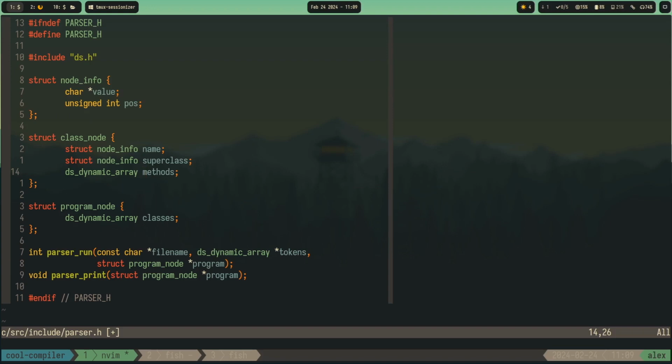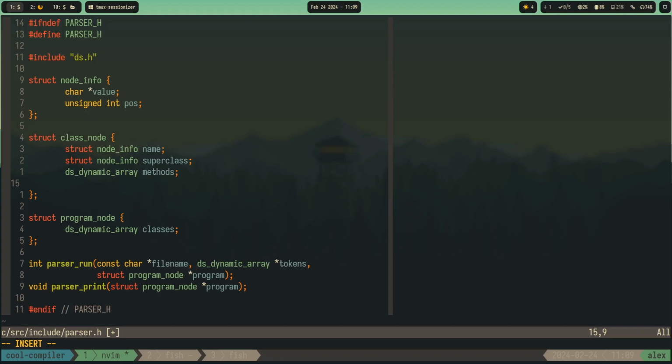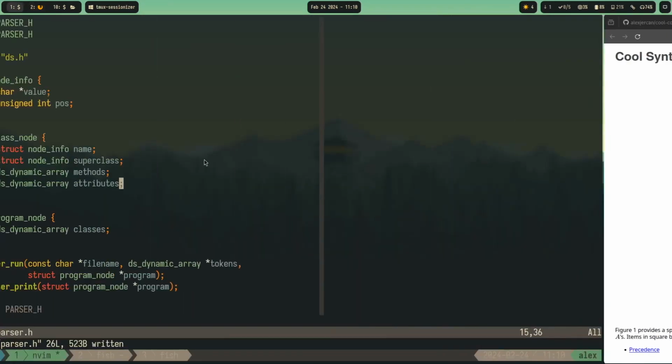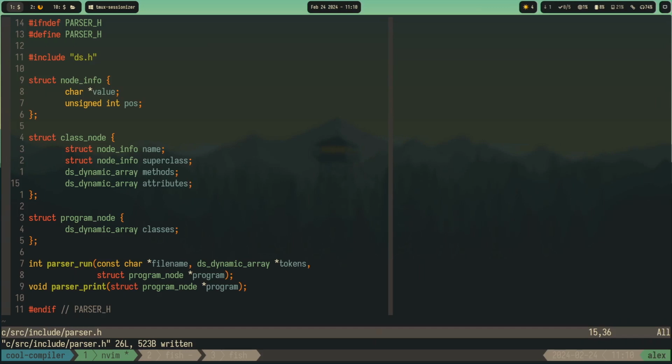Wait, did Copilot just save me? Because I was thinking, let's have a single dynamic array. It would be more fun in my opinion to have a single array. But 2 arrays, that's even better, because we can keep the methods and attributes separately. Like, why not? I was thinking to have a single structure, but let's go ahead and have only